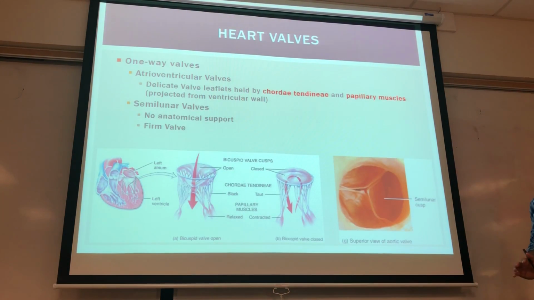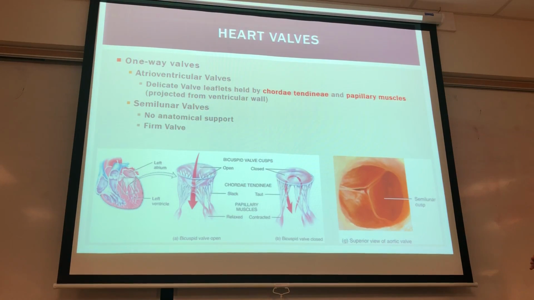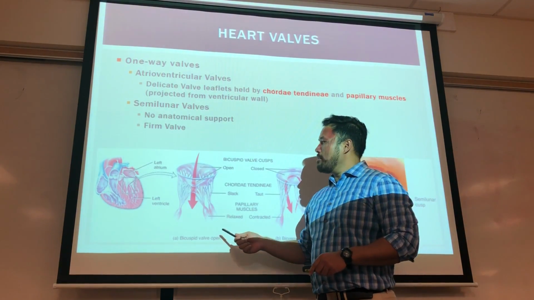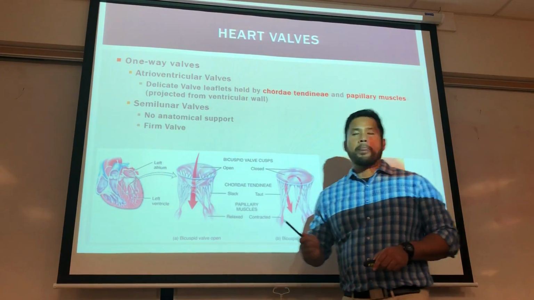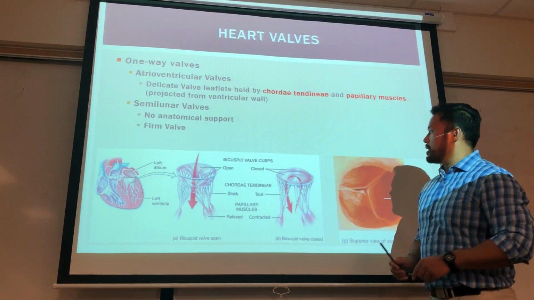Looking at the valves, again, as I mentioned earlier about the pressure, we'll learn about the AV valves. The AV valves are one-way valves. Actually, all of them are one-way valves, both our AV valves as well as our semilunar valves. But the AV valves have specific anatomical structures that prohibit them from reopening. So what we can take a look at in our AV valves, here you can see an example of the